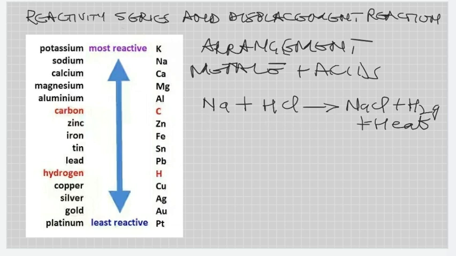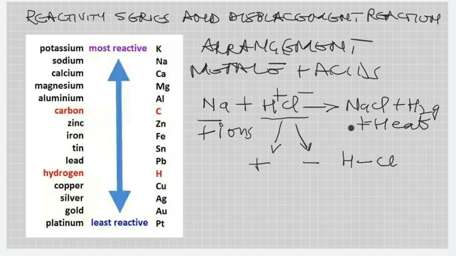Now always remember that all kinds of metals form positive ions. They will always form positive ions. Also what you must remember is acids are made up of two types of ions, positively charged ions and negatively charged ions. So in this case the positively charged ion present in hydrochloric acid is hydrogen and the negatively charged ion is chloride. It is this opposite charge on the two ions that keeps them together, or technically speaking bonds them together. So hydrogen is basically bonded to chlorine in hydrochloric acid, or we also call it hydrogen chloride, right?